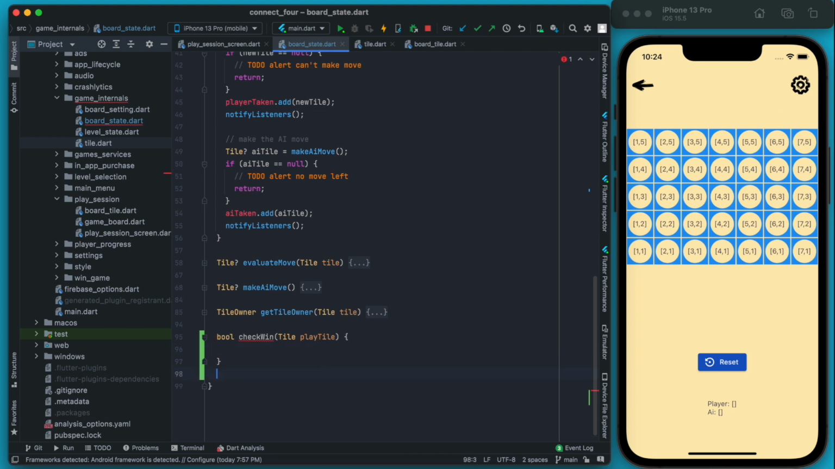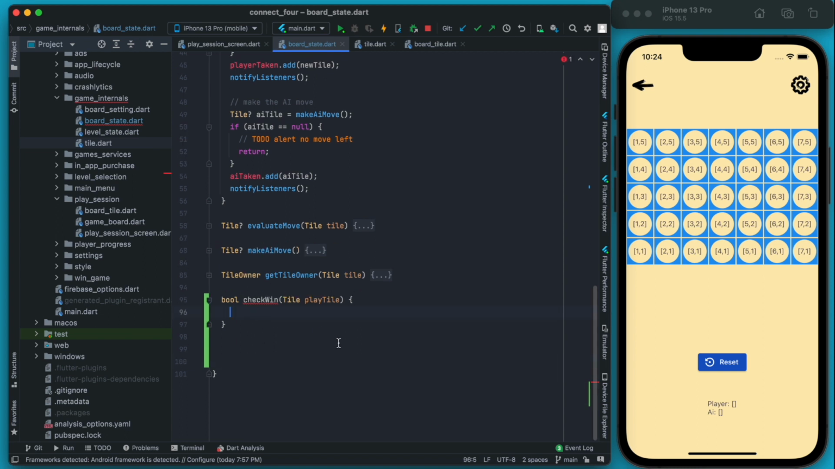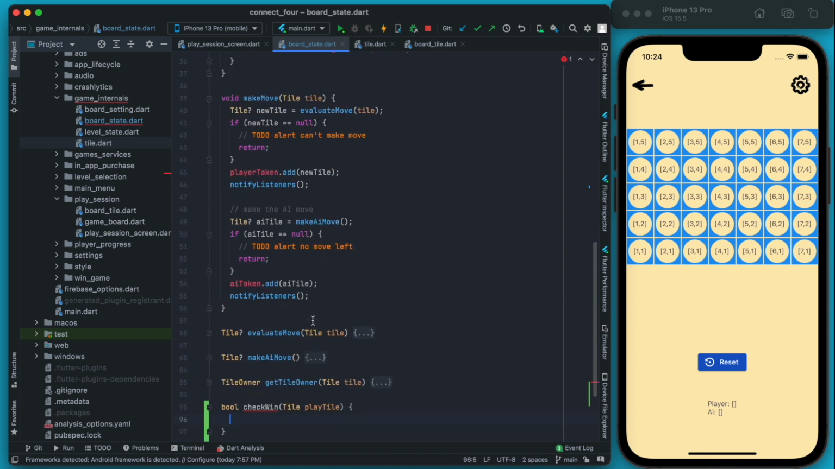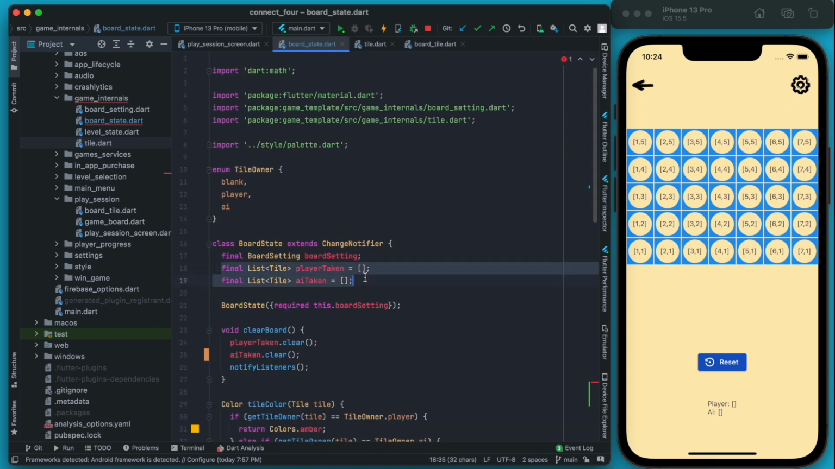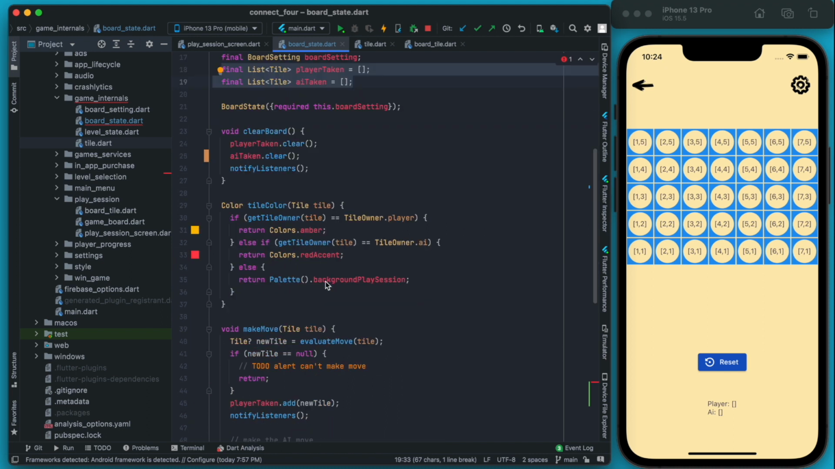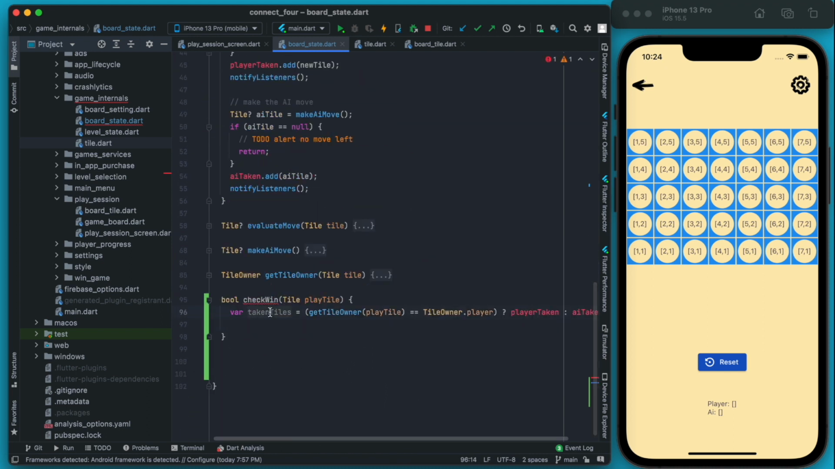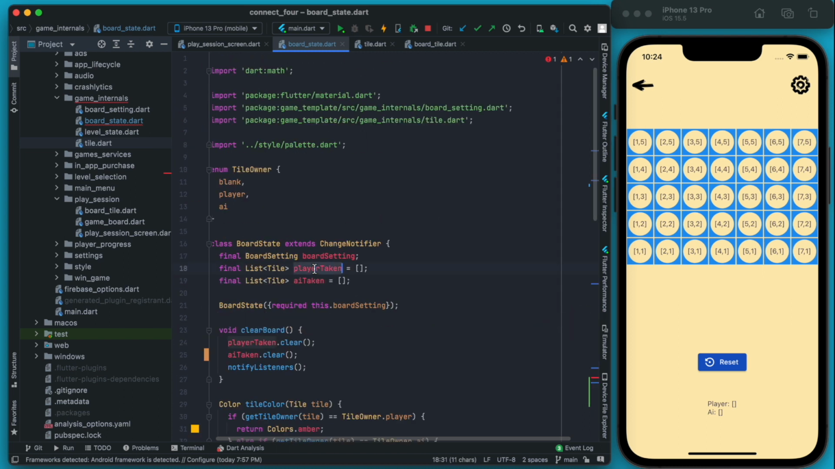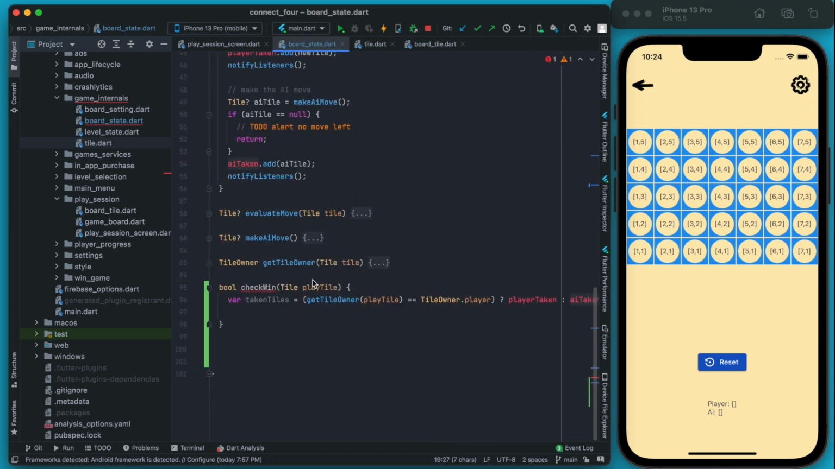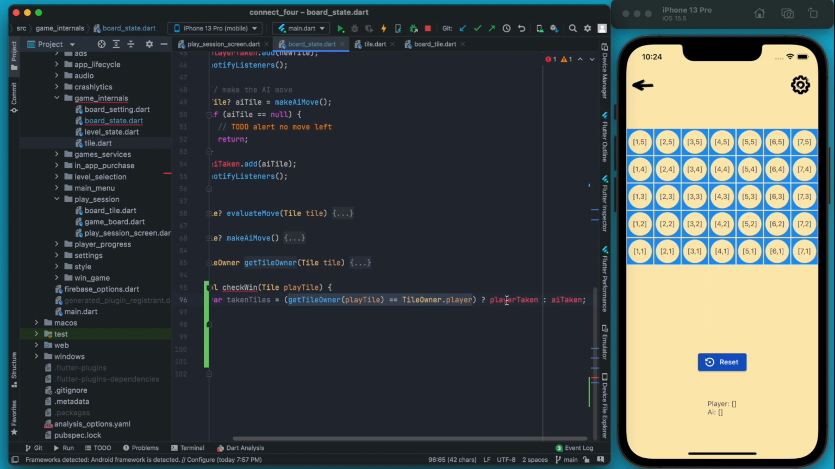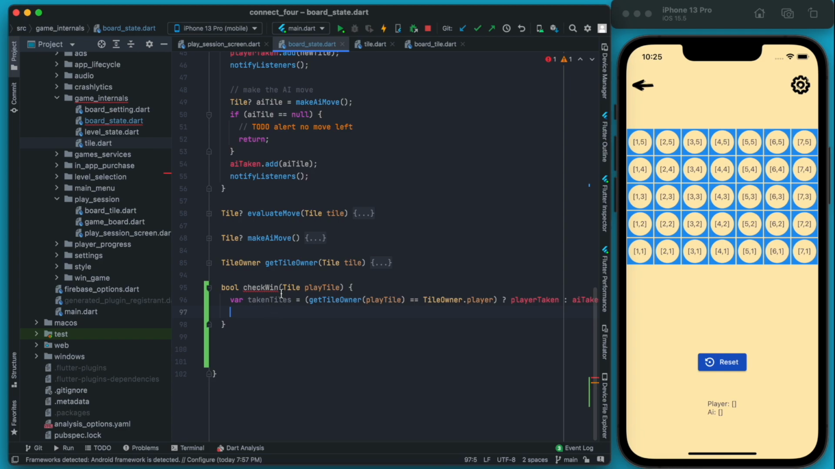So we want this function to work for both the player and the AI. And without passing a bunch of parameters, we can determine who this tile is. And really what we're going to be needing is the list up here that corresponds to that user. This is a way that we can actually get that list of the taken tiles. So this taken tiles is either going to be the player taken list or the AI list. It's just going to get the game owner and see if the game owner is the player, then we're going to use the player's taken list, and if not, we're going to use the AI taken list. Now we can use this, and this will be a generic check win function